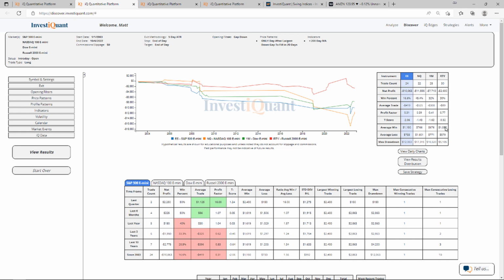If we look at the average moves, average win on the S&P is larger than the average loss. For the NASDAQ, the average loss is larger. For the Dow, the average loss is larger. And then for the Russell, the average win is larger. So we're mixed on the average moves, but all four of them have pretty weak win rates, with the S&P being the weakest of the group at just 17% of the 24 samples. So not a huge sample size, but those win rates are all very weak and all in agreement there. So historically speaking, this pattern has been more bearish the